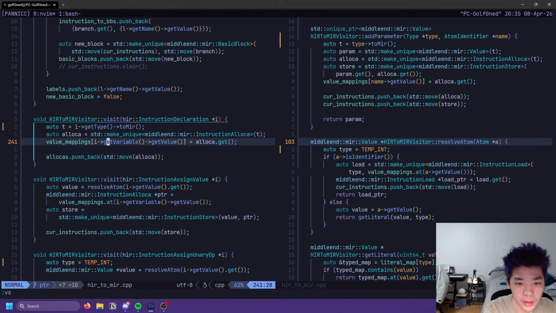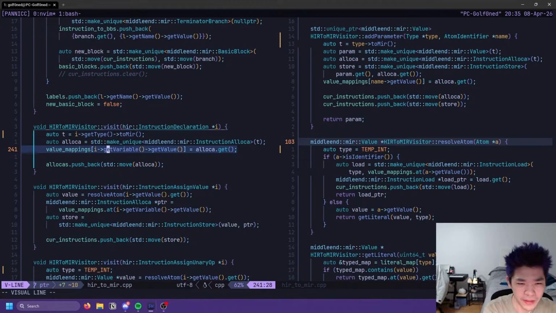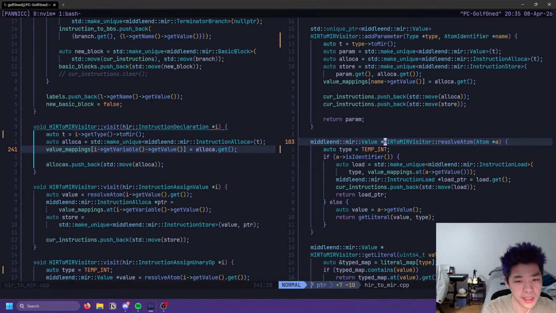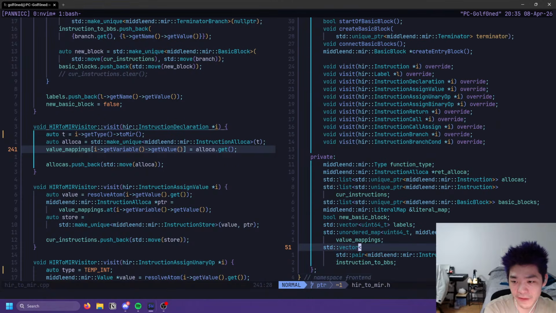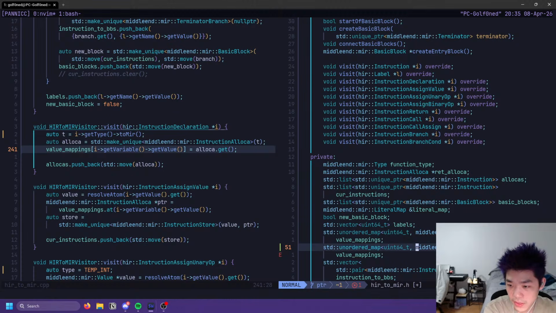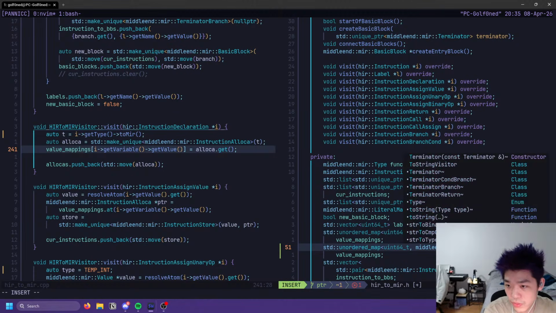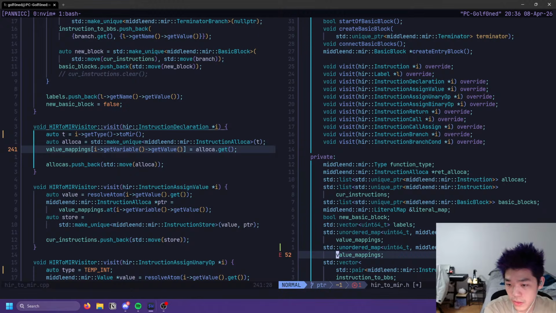We have this value mappings thing, so we may as well make a type mappings thing as well. Everything is very explicitly typed now. So where is value mappings? There it is. Instead of that, let's give it MIR type, and this should be type mappings.